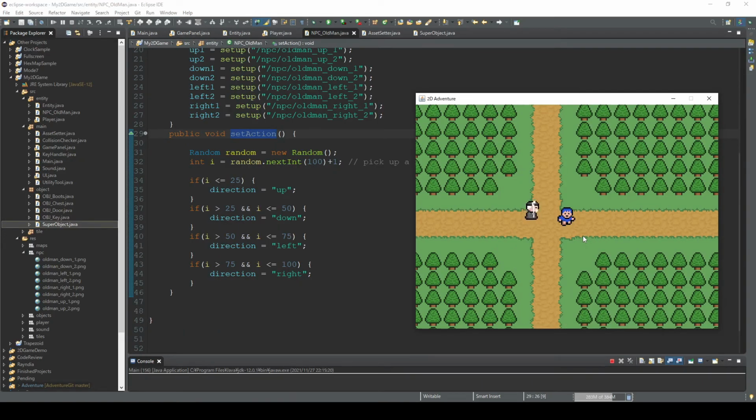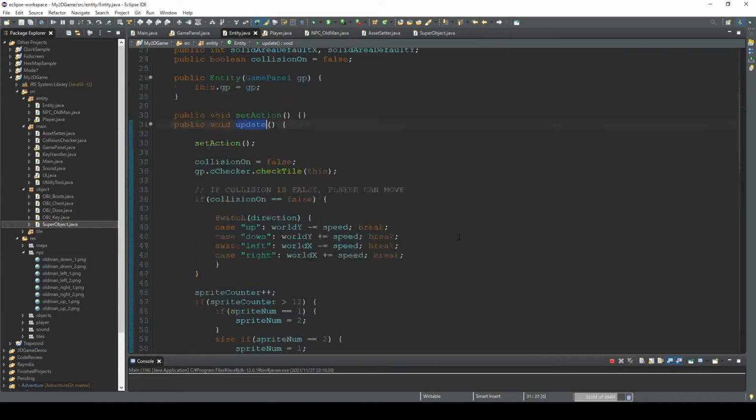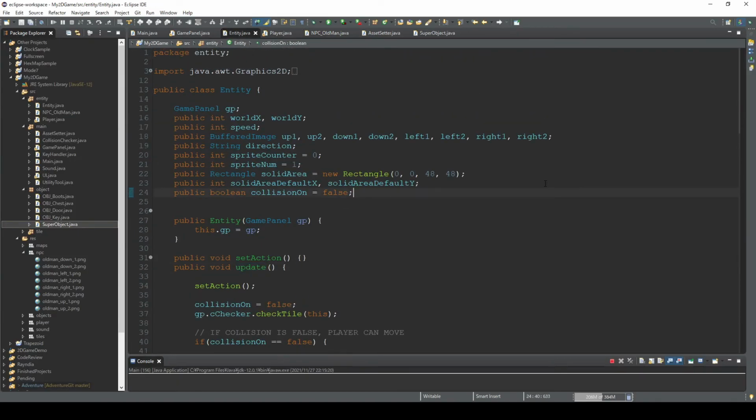So what is happening here is the NPC is changing its direction rapidly, because right now in every frame there is a chance to change the direction. So it would be better to set some kind of an interval. All right, in this entity class, we're gonna create an integer, public int. I'm gonna name this action lock counter or something,